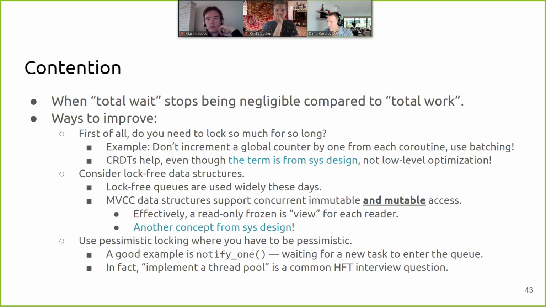If you interview for high-frequency trading companies, they would sometimes, quite often actually, ask you to implement the thread pool. So the idea is that you actually have n threads, you spin up n kernel threads, and you have the means to schedule tasks, and some threads would pick this task up whenever the next thread is available after its previous task. If there are tasks to be done, it grabs this task and it executes it. That's an interview question, and the answer is